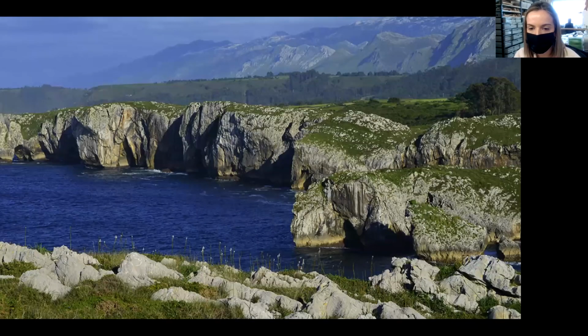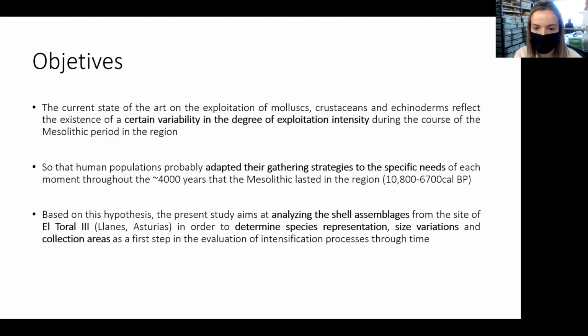Characteristic in the Cantabrian region, and especially in the eastern area of Asturias. The current state of the art on the exploitation of mollusks, crustaceans, and echinoderms reflects a certain variability in the degree of exploitation intensity during the course of the Mesolithic period in the region, so that human populations probably adapted their gathering strategies to the specific needs of each moment throughout the 4,000 years that the Mesolithic lasted in the region,